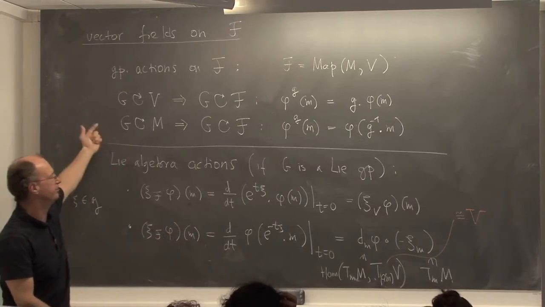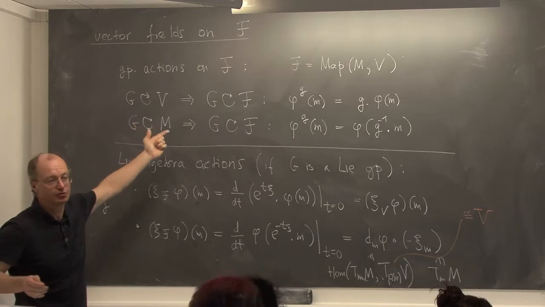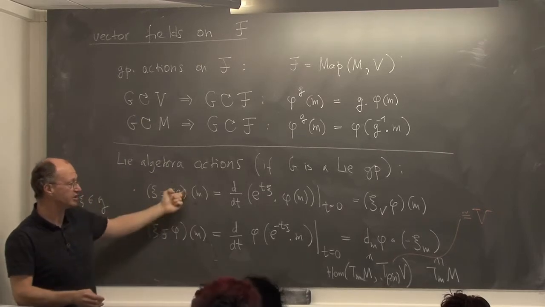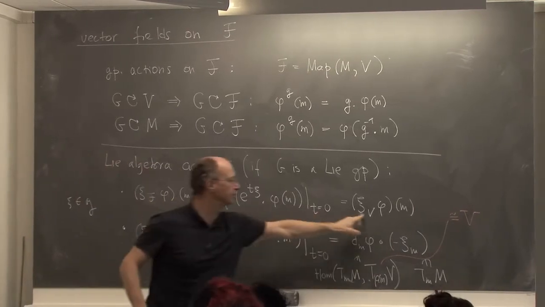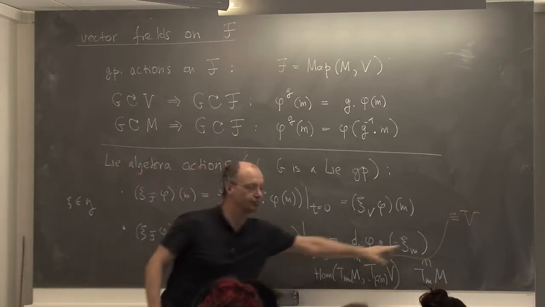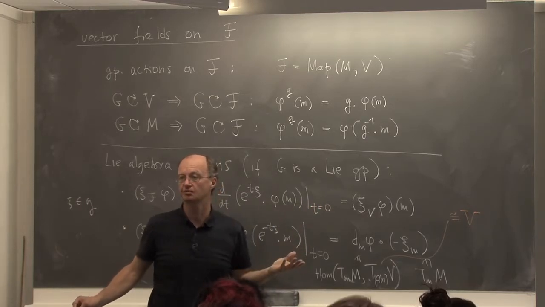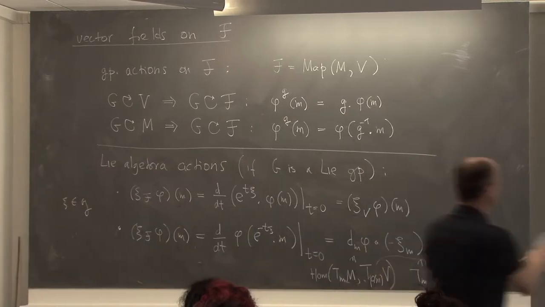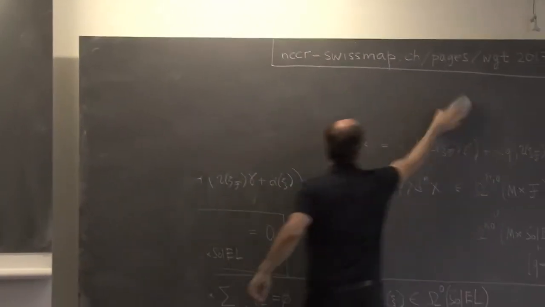So you see, these are basically two ways how we can practically build tangent vectors to the space of maps. Of course, there are many more. There are many other tangent vectors, but that's the tangent vectors which are easily accessible to us. Once you have a vector field on V, you can build a vector field on the space of maps. Or if you have a vector field on M, you can also build a vector field on the space of maps. So these are two easy things to do. Right. So now let me give you examples of symmetries and of Noether currents and of charges.